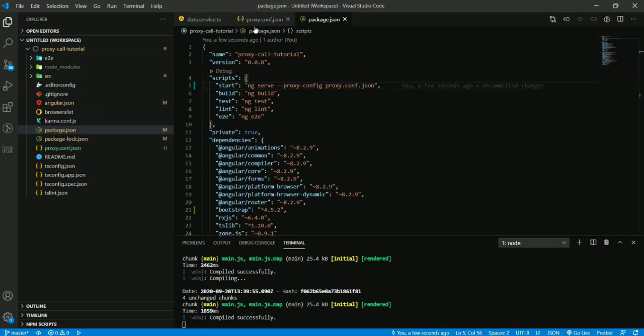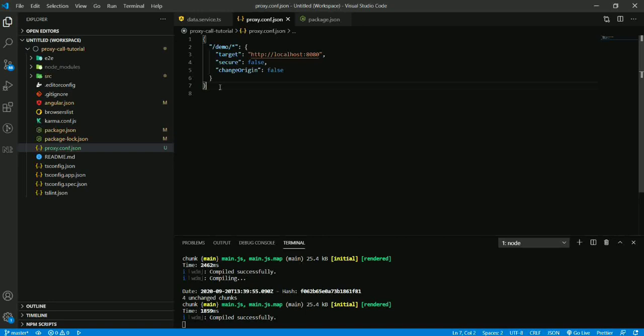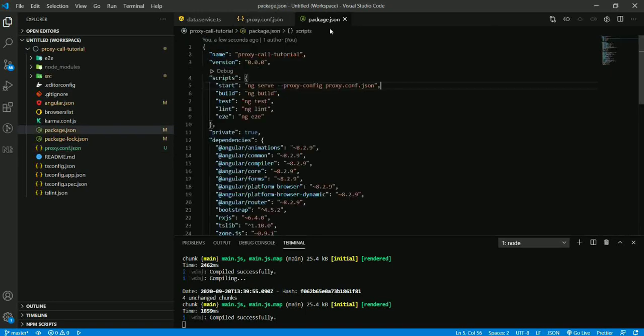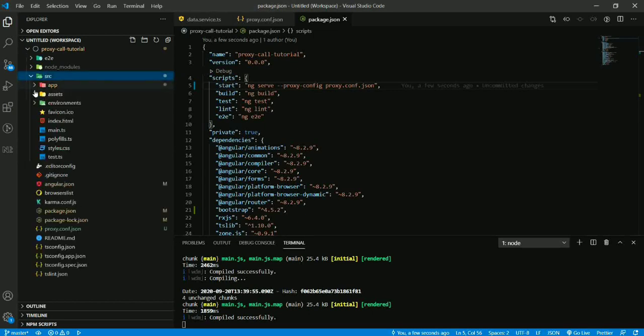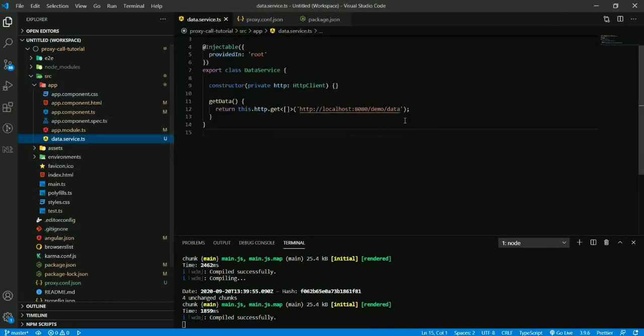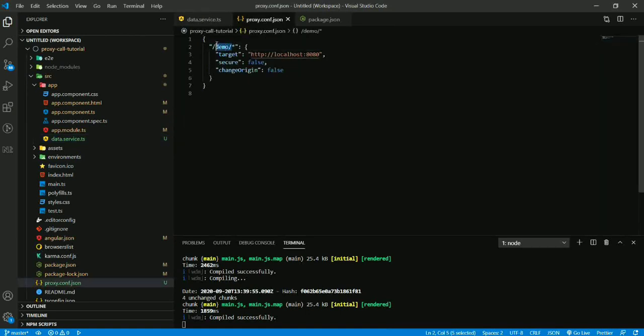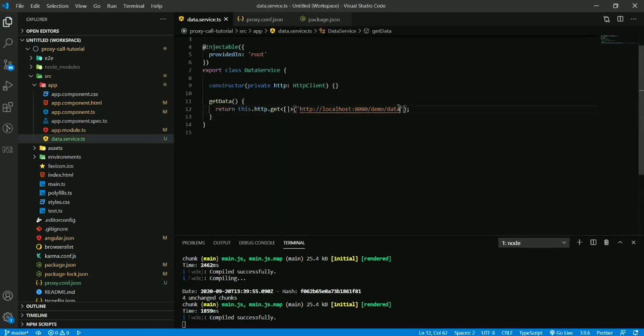So we have created the proxy configuration file, we have provided the configuration, and we have also informed the Angular application. Now we have to mention the URL. Since we have already provided /demo/* in the proxy configuration file, we just have to give /demo/data.